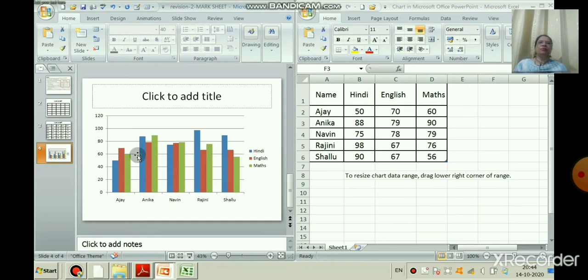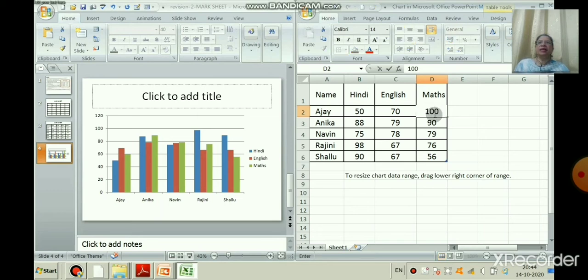Yes, children. Now, what are the components of a chart? The chart area, category axis, value axis, data series, category name and plot area, right. What is a plot area? It is a window within the chart area.